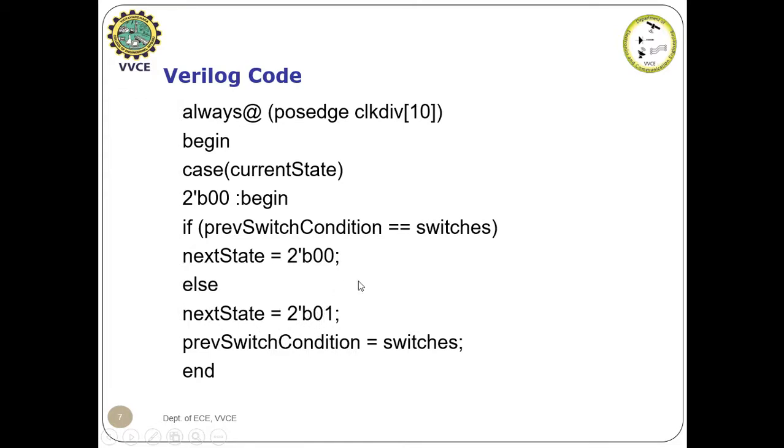Okay, in the 01 state, the current state of the switch I am storing in the previous switch condition. Here I am testing whether the switch condition matches with my objective. If it doesn't match with the objective, it has to loop around state 0, hence no transition here. If it matches with my switch condition, then I have to move to the next state. In the next state, I have to monitor the switch condition and store the switches to the previous switch condition.